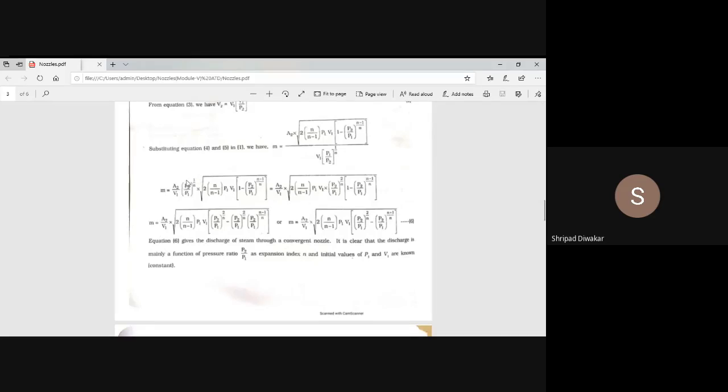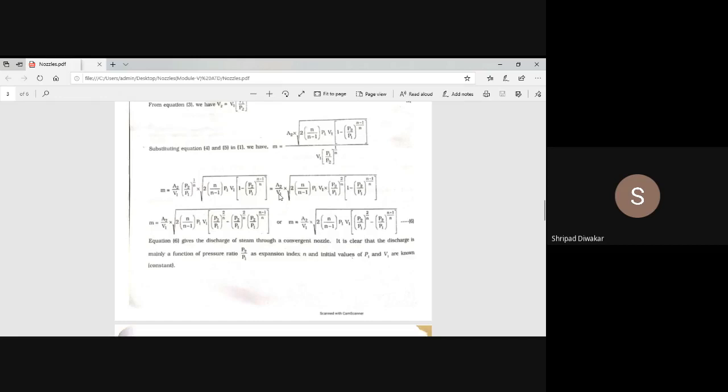Whatever the term P2 by P1 is there, I am taking inside the square root. So A2 by V1 is as it is. When you take this term inside the square root, you have to square that value. For example, if 9 is outside, how do we write it in the square root? Square root of 81 is nothing but 9. Same thing you are going to express. You are shifting this term from outside to inside the square root. That is the meaning. So first you write this equation, then you shift this term from outside to inside. How are you going to shift?